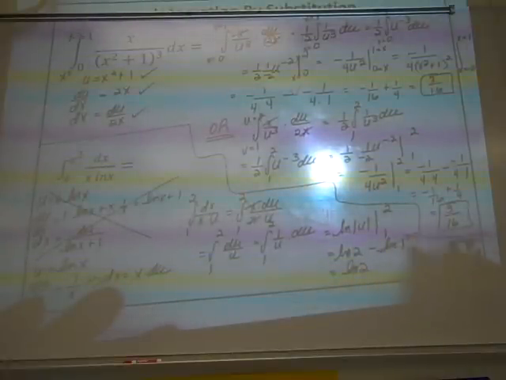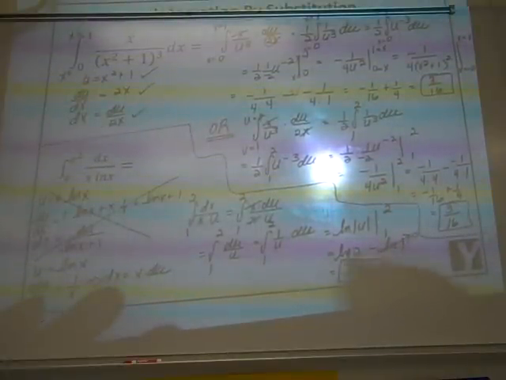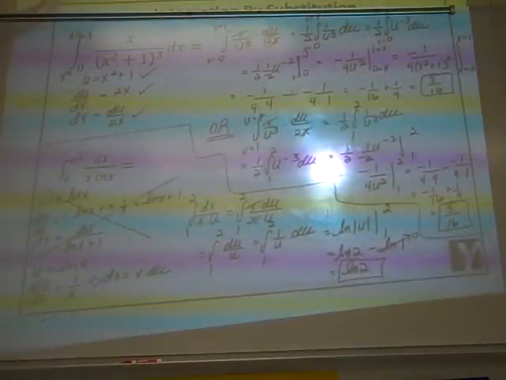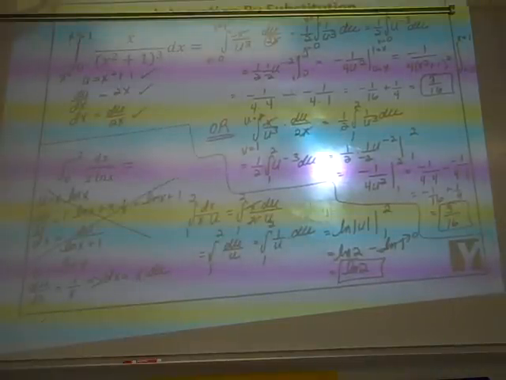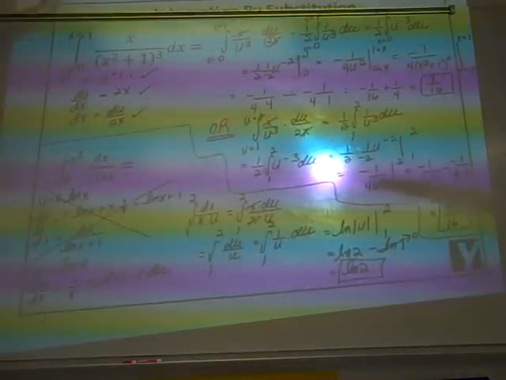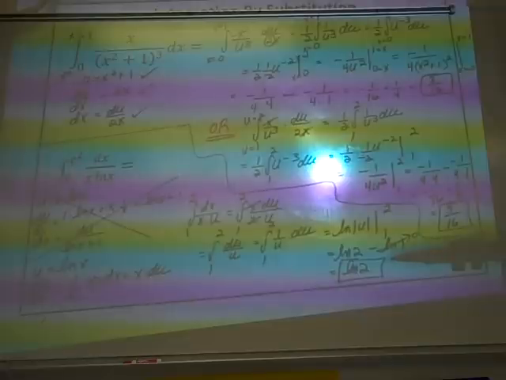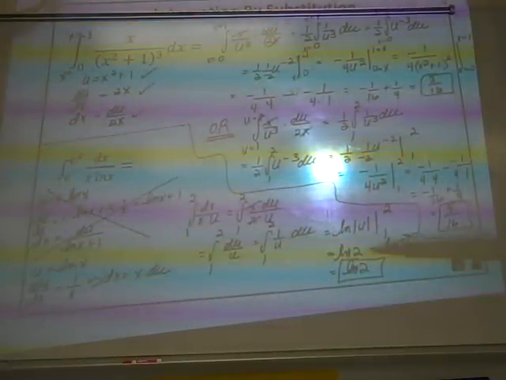Natural log of 1 is known to be 0. Our final answer is the natural log of 2. For any of my students that don't like this more proper technique of changing your limits of integration from x's